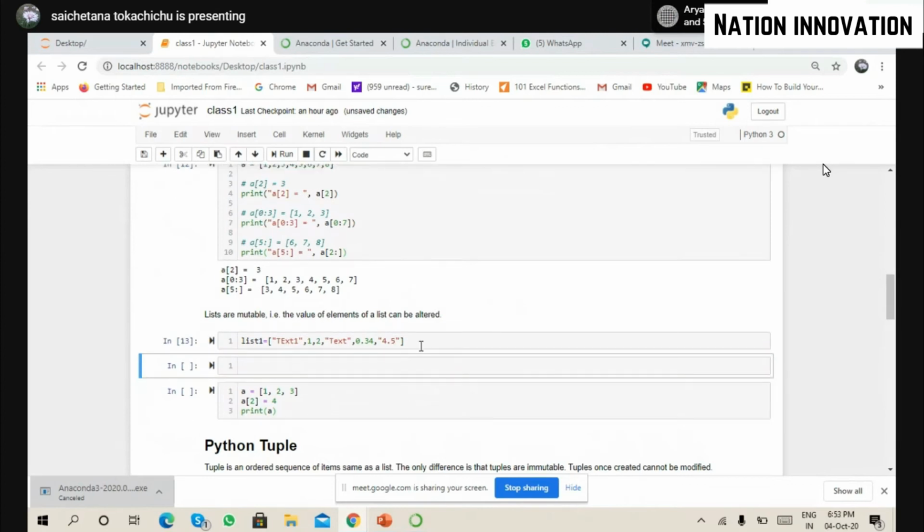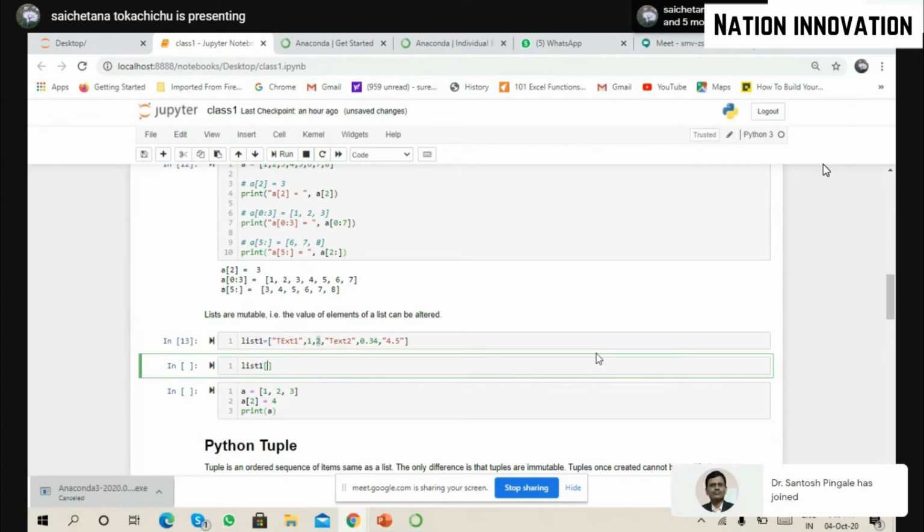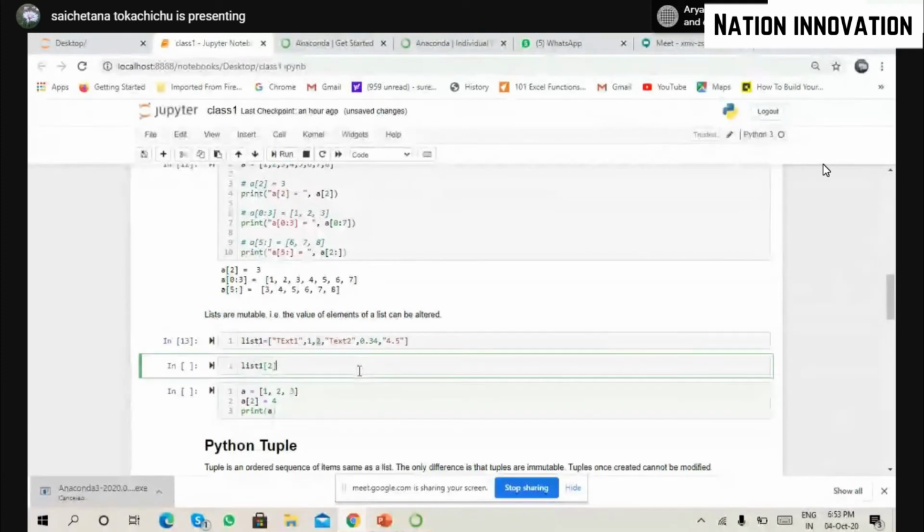So I have my list over here. Now I want to change this element. I want to add a text over here also. So what do I do? I call out the list. What is the element position of this two? Guys, what is the position of two? 2. 2 is the position of 2. Correct. So I'm calling out 2 is the position of 2 and I'm implementing it. I want to change it. So I want it over here as some text added. So this is my new text which is going to be added.